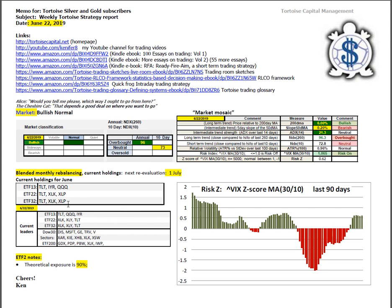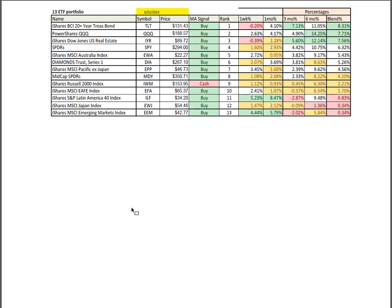Blend month rebalancing, you see the holdings for the month of July and the leading candidates based on closing prices on Friday, and then leaders in the other equity sectors as noted. Theoretical exposure of the market model in ETF2 is at 90%, with 9 out of the 10 global indexes above their 4-month moving average. Looking at some blended monthly rebalancing portfolios, everything's back into the buy with the exception of